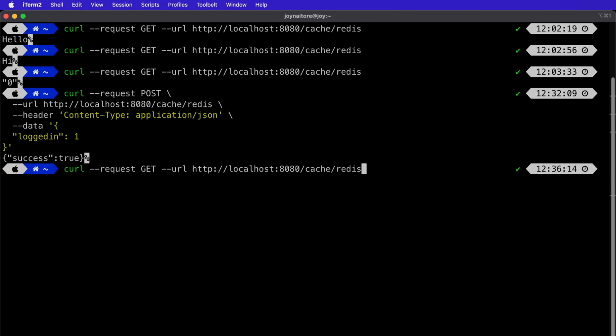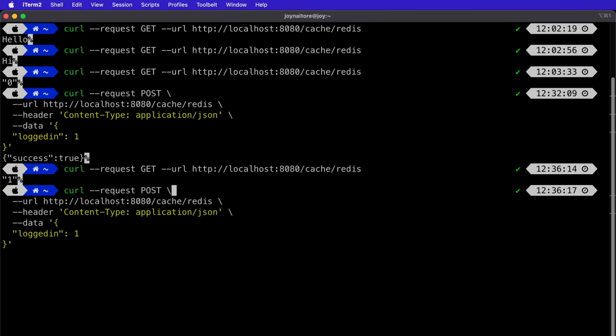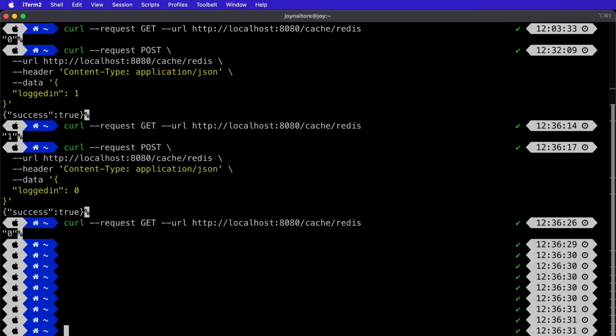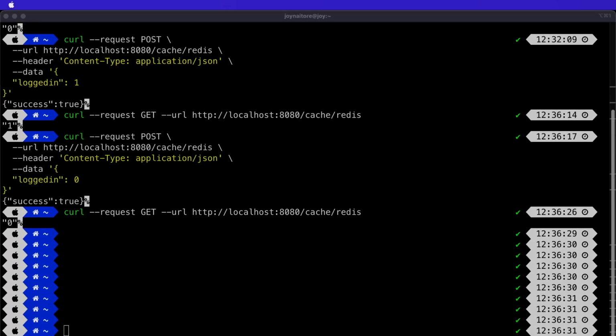So let's just pass in a get, and it's 1. Awesome. So let's just set to 0 and see in a scenario where we are logging out. And then if we do a get, great. So our implementation is working perfectly, and I hope you have understood how Redis works. With just having installed it properly, you can now just have a section where you just handle all things to do with Redis. And I have shown you that